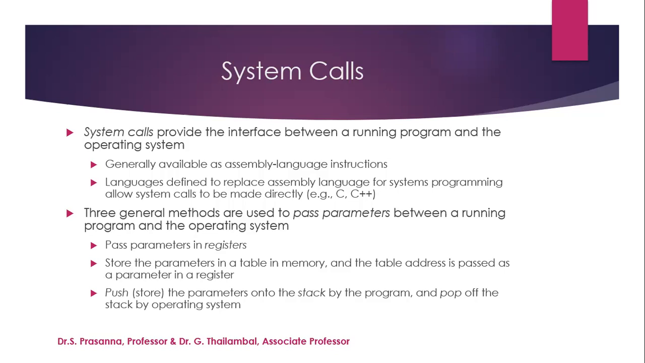With the help of C and C++, nowadays we are doing system calls very directly using C and C++ programming language commands, which can be understood by the programmers. Three general methods are used to pass parameters between a running program and the operating system. Pass parameters in registers. Store the parameters in a table in memory, and the table address is passed as a parameter in a register. Push or store the parameters onto the stack by the program and pop them off the stack